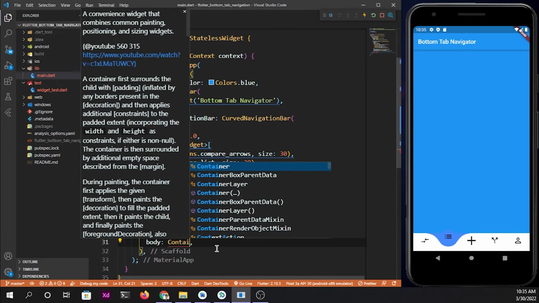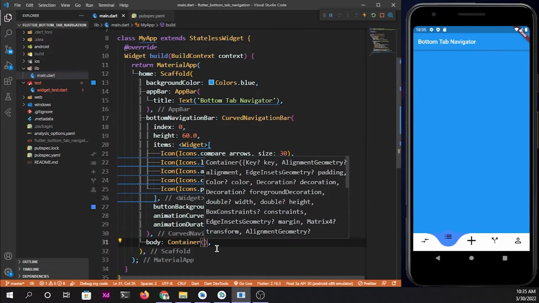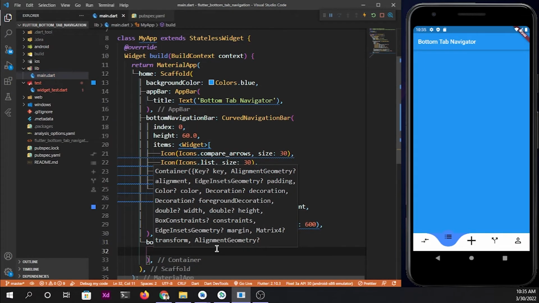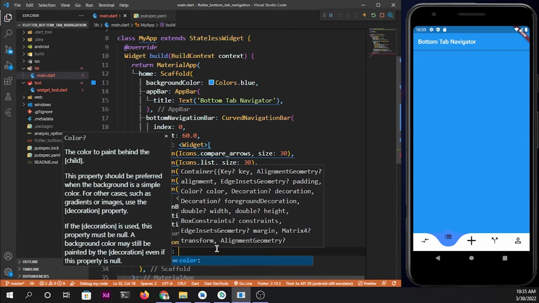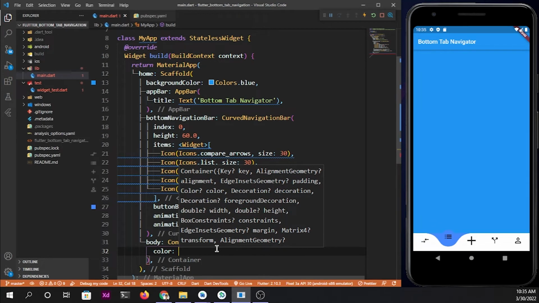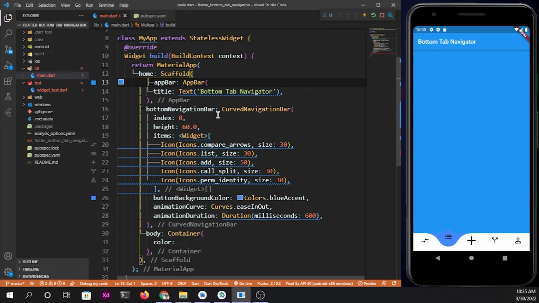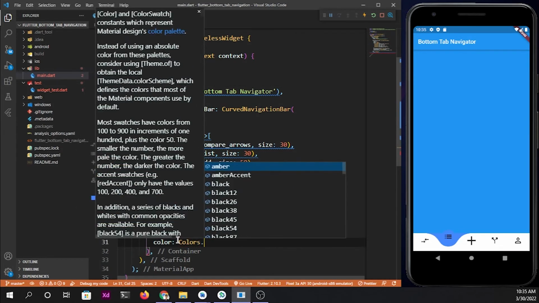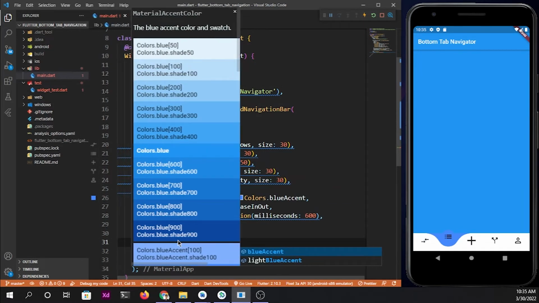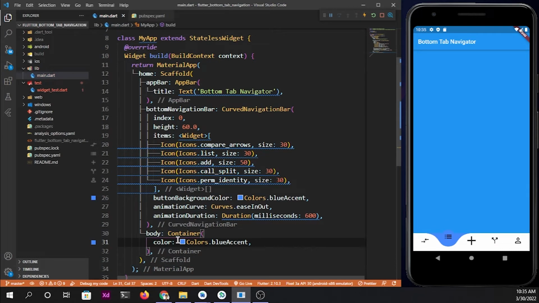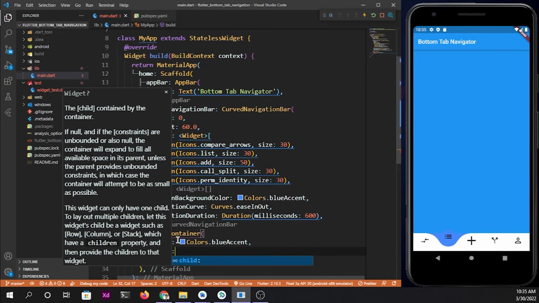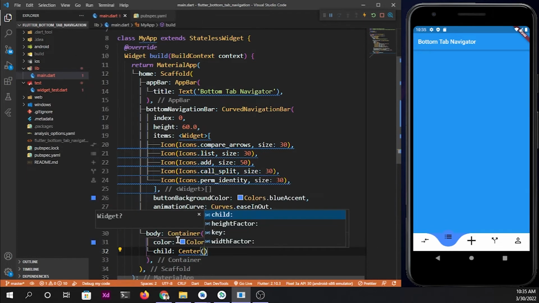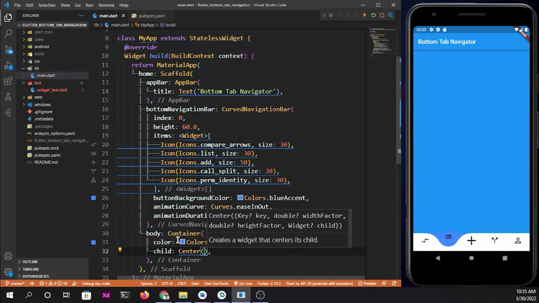So now what I'm going to do over here is that when my bottom tab navigator ends, I'm just going to select a body in which I'm just going to be creating a container in which I would like to display in which index I am. So I'm just going to provide it a color that is going to be Colors.blueAccent. Sorry, my apologies. Let's go with blue accent, and now I'm just gonna define a child with the Center widget